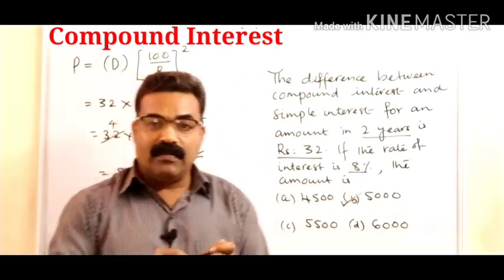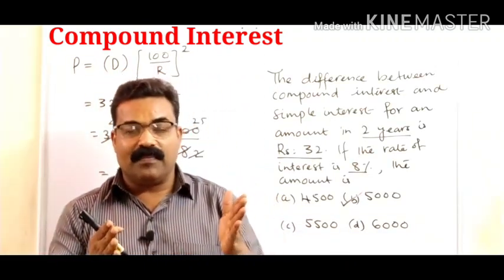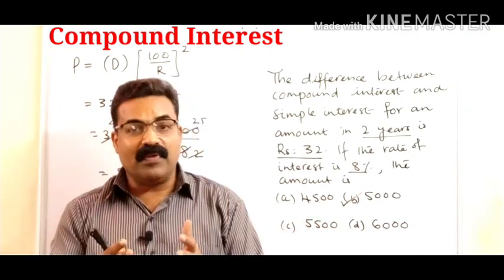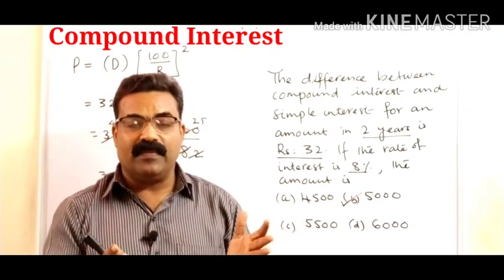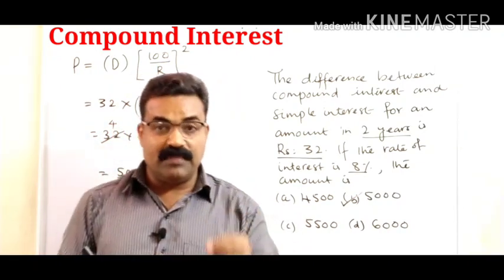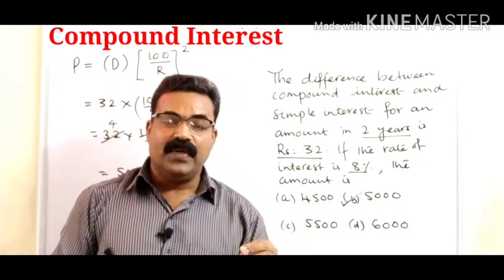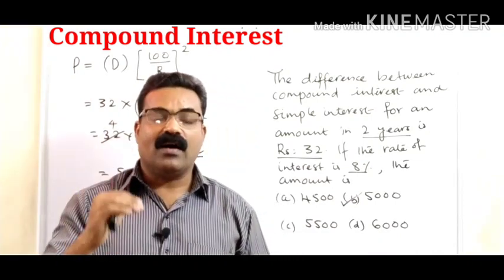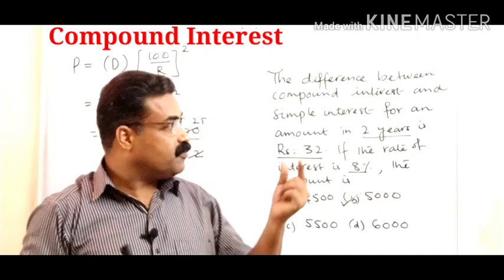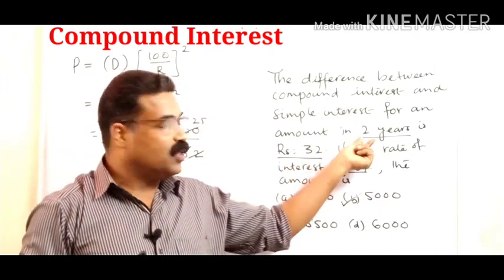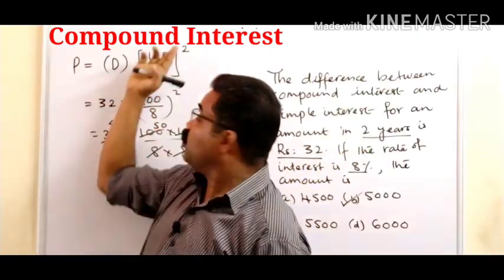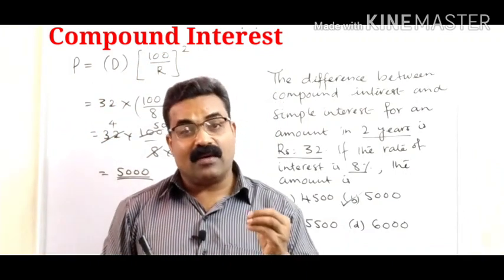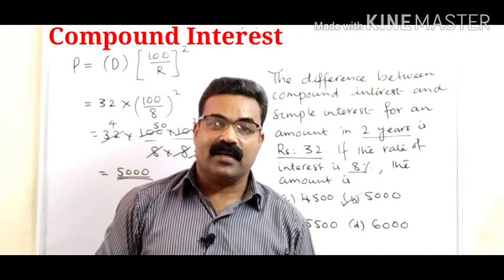So whenever the difference between the interest calculated in simple interest and compound interest is given to you, and you want to find out what is the principal amount deposited initially, the formula we have to use is P is equal to D into 100 by R power N. N stands for number of years. In this question it is 2 years. So that is why we have taken 2 here. Okay, so very important question and very commonly asked, repeatedly asked question. Okay, please note it.